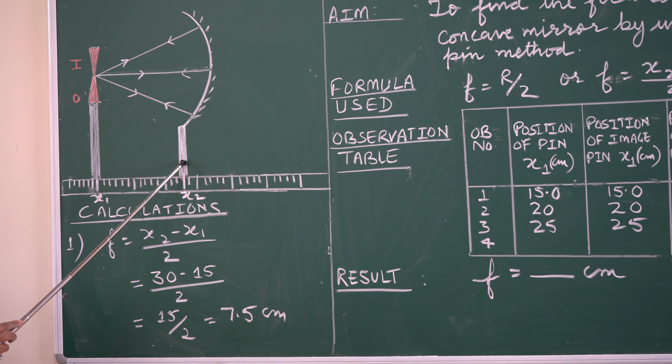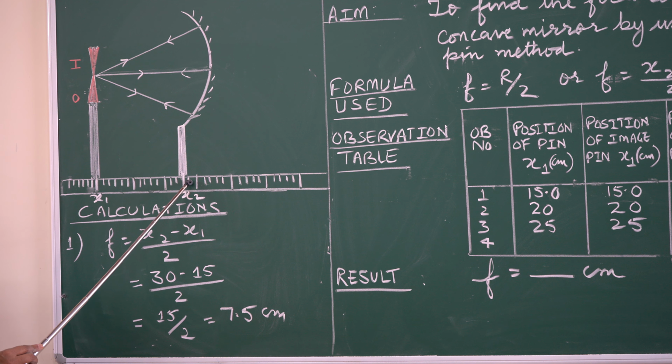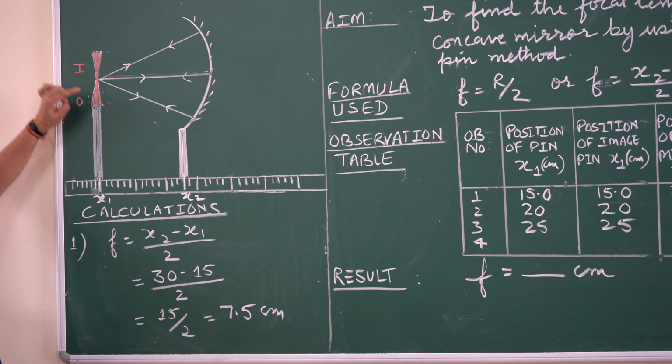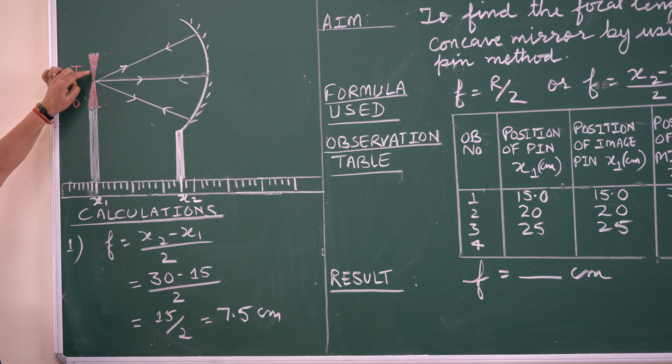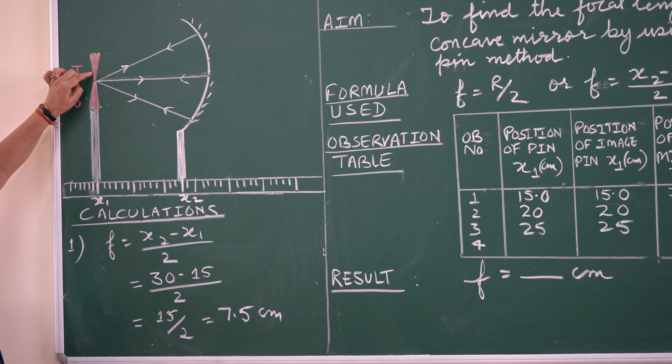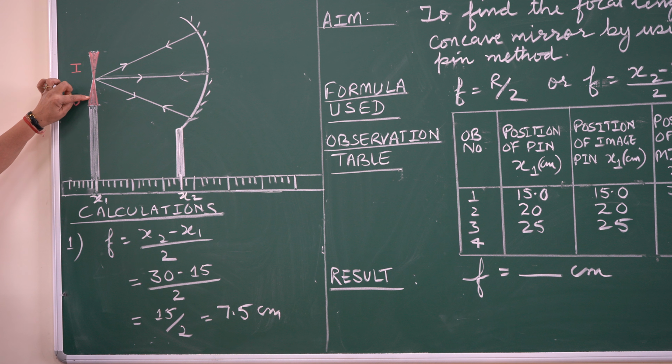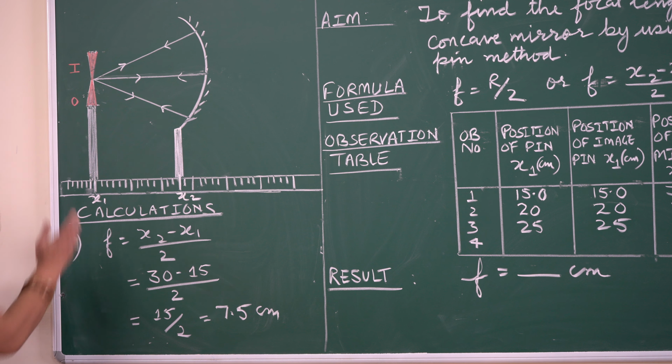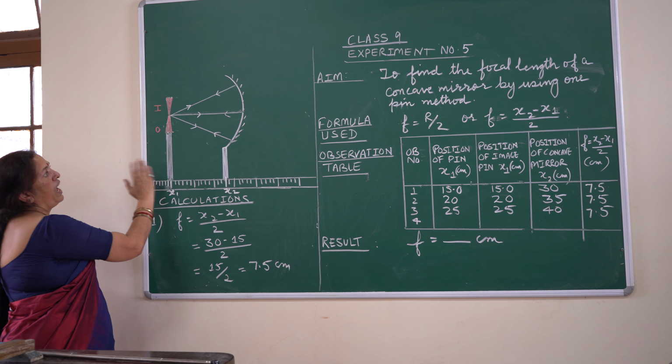Then the mirror has been placed at a certain distance away from the object pin, with the reflecting surface facing towards the pin, right? Now my aim is to find the image of this object pin and bring it exactly on top of the object pin. That means the image of the object pin, which is indicated by I, has to come exactly on top of the object pin. And for that, I'll keep on shifting the pin closer or away